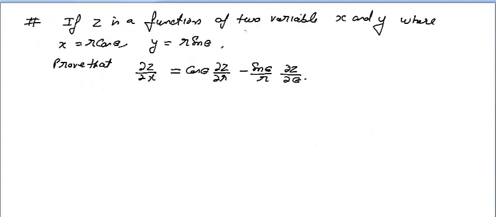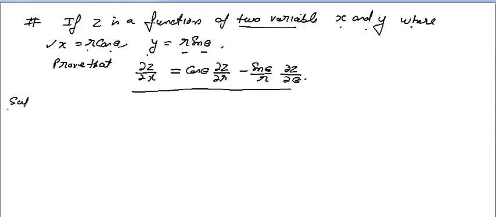See, this is another question. Z is a function of two variables X and Y, it is given. And X is a function of R and theta, and Y is also a function of R and theta. So you want to prove this. Now, we know that Z is a function of X and Y, and X and Y are functions of R and theta. And if you want to find the derivative of Z with respect to R, because you can find it with respect to R.